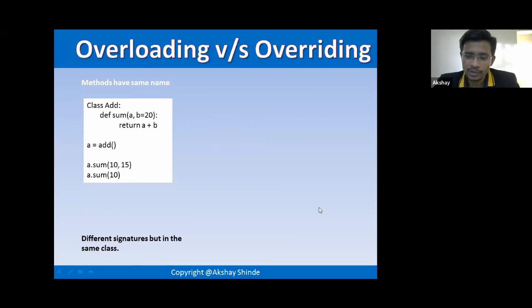Not this one, Nandani. This is another example which I'm going to give you. There are two ways to implement overloading. Yesterday we discussed variable length arguments. But right now what I did is I passed two parameters and it is working, then I passed one parameter and it is still working. Here I used b is equal to 20. We learned this in our previous sessions when we covered keyword arguments. Yes, exactly. You're learning really quickly, good, I like that.